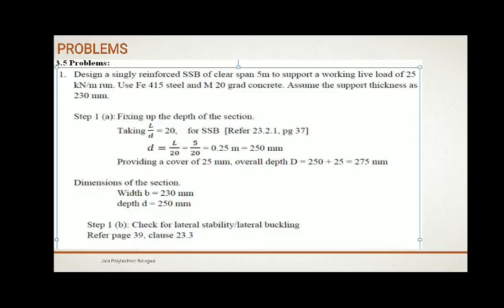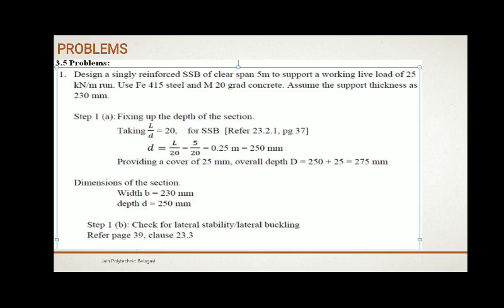So now step 1 of the design. First, the given data we have is a clear span, that is 5 meters, the distance between two supports. Live load we know, the steel, that is Fy is equal to 415, Fck is equal to 20, and we also know the thickness. Now we don't know the B and capital D and small d of the beam. Since we are designing it, we have to determine all the details.